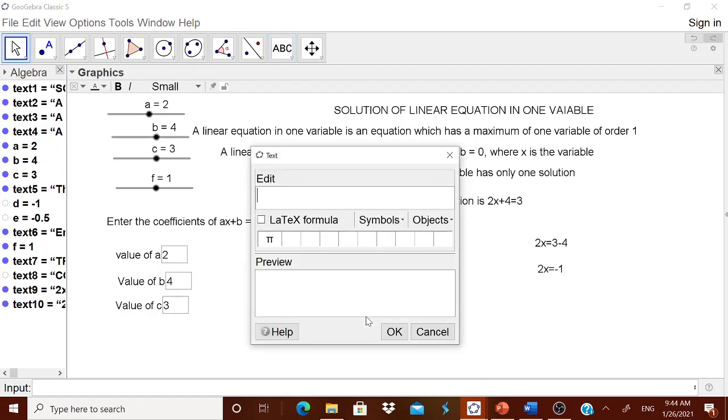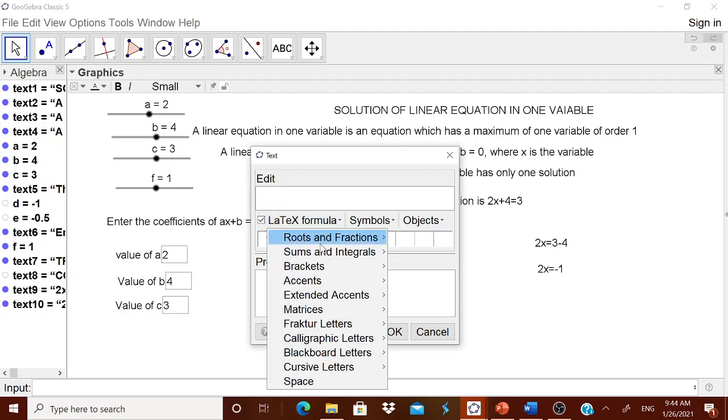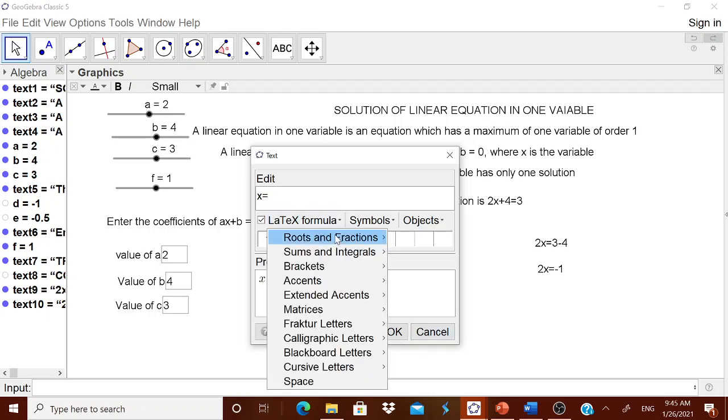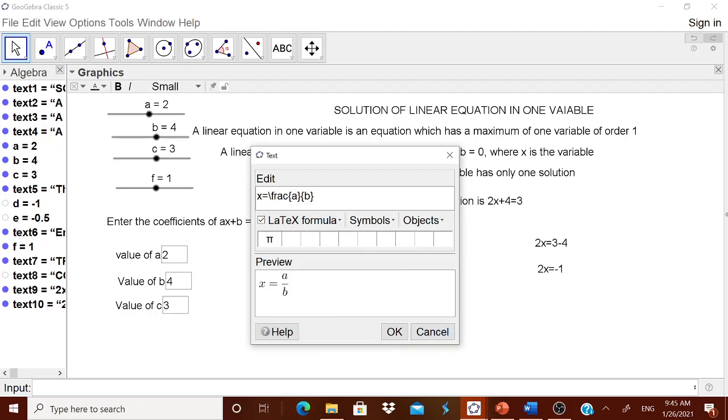Once again, what is the next step? Therefore x is equal to, the right hand side D, divided by. I think if you want, we can use this LaTeX formula, it will be better. In the LaTeX formula, we can go for x is equal to, you can go for this a by b.